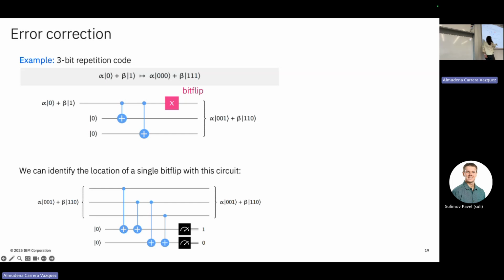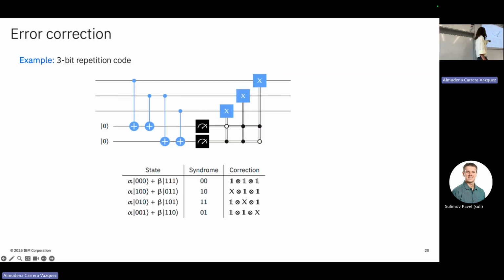So if we see a 1 here but a 0 here, it means that the problem was this qubit here, the bit flip was here, and therefore you can apply a correcting gate in here. If you see a 0 here and a 1 here, you can map it to which qubit was the erroneous one. And more generally, you can build the lookup table that maps the outcomes of the measurements, which are called the syndromes, to operations that you can apply on your qubits to correct bit flips. So here I show you how to correct a single bit flip by encoding 1 qubit on 3 qubits.